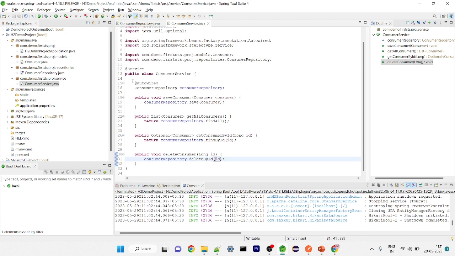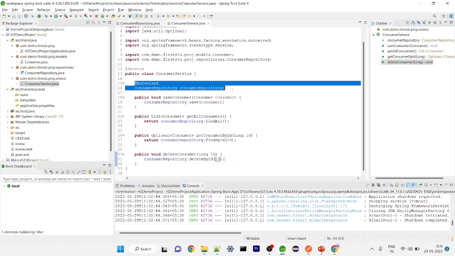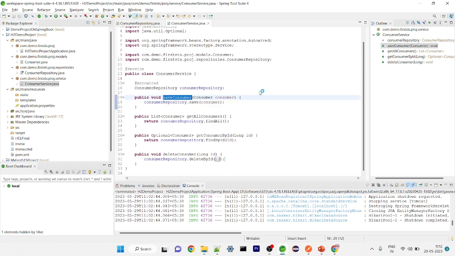So we have created our service class. Let's quickly go through. We have autowired the repository that we have created, and we have added four methods: save consumer, get all consumers, get consumer by a particular ID, and then delete consumer. The save consumer will take the consumer details as the request body, and it will save